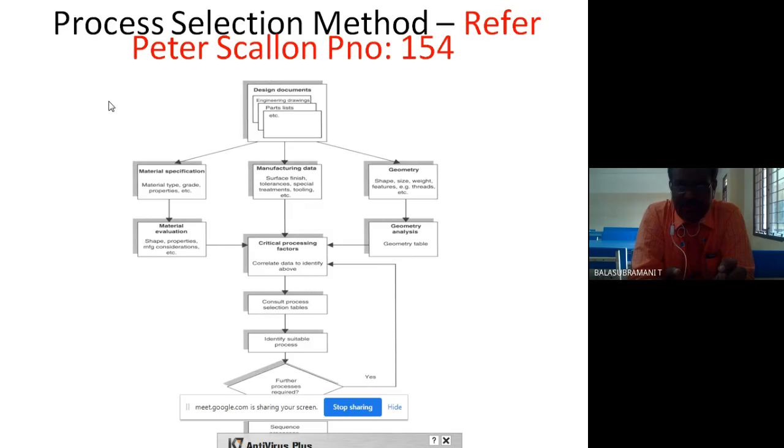So in material specification, based on the material storage, one type of material will be selected. Geometry analysis: from that analysis, we have to select a particular type of geometry. So we have to prepare the processing factors. So all the design matters and manufacturing processes are discussed to form one suitable process.